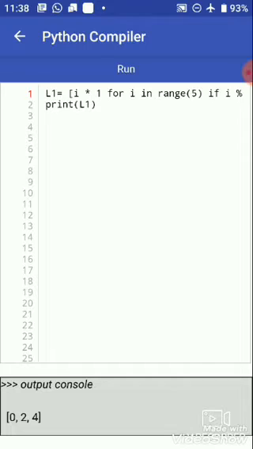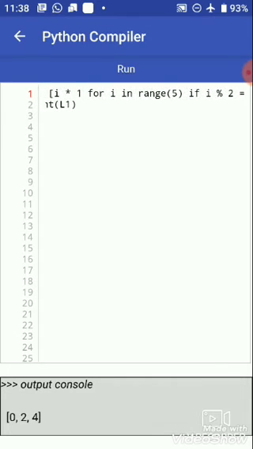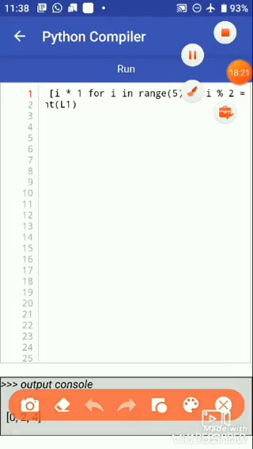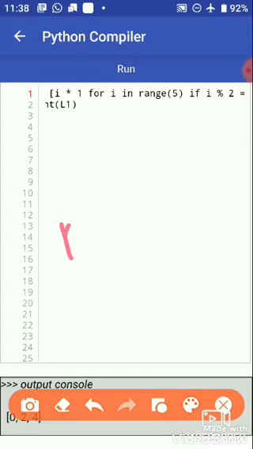So 0, 2 and 4 are coming because of the i * 1. The value of i goes from 0 to 4, meaning the loop runs 5 times.